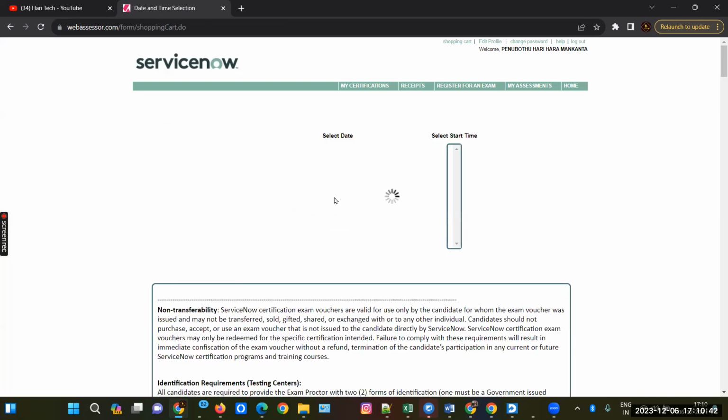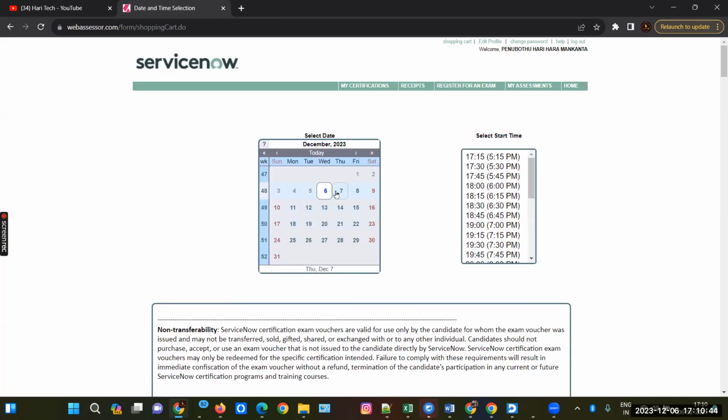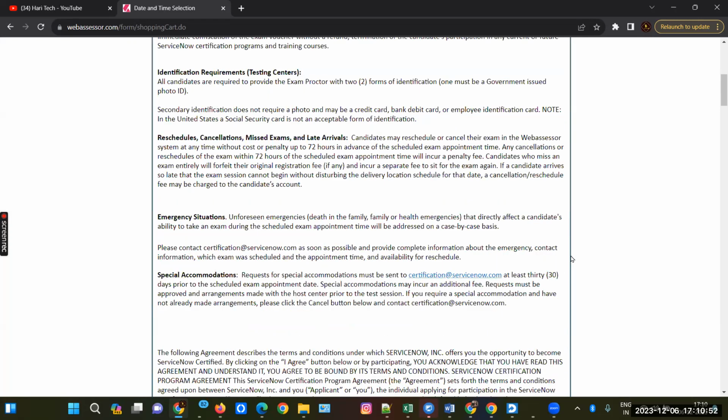After clicking here, select the date on which you want to give the exam. Let us suppose I want to give the exam tomorrow, then select the date and time which is comfortable to you. So after selecting the date and time,